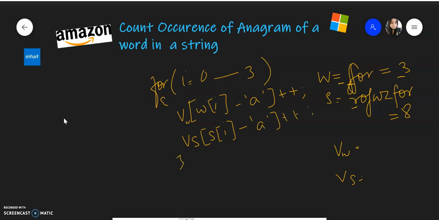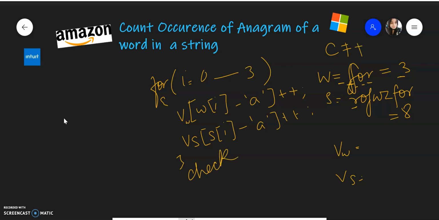What will happen is we are checking for the length of W. After this we are going to compare and check if these two vectors are the same, which will come out the same because these two have the same number of frequencies of individual characters. That's what anagrams are, right? So we will have an initial counter, we will check this and we will just increment it after this check.